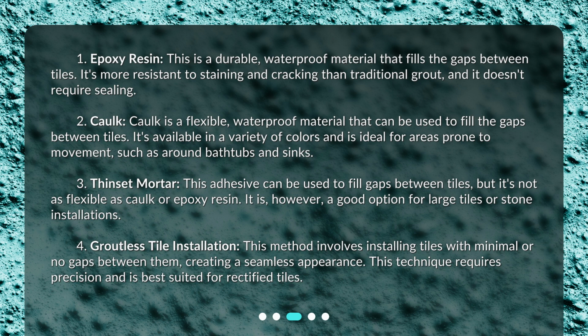2. Caulk. Caulk is a flexible, waterproof material that can be used to fill the gaps between tiles. It's available in a variety of colors and is ideal for areas prone to movement, such as around bathtubs and